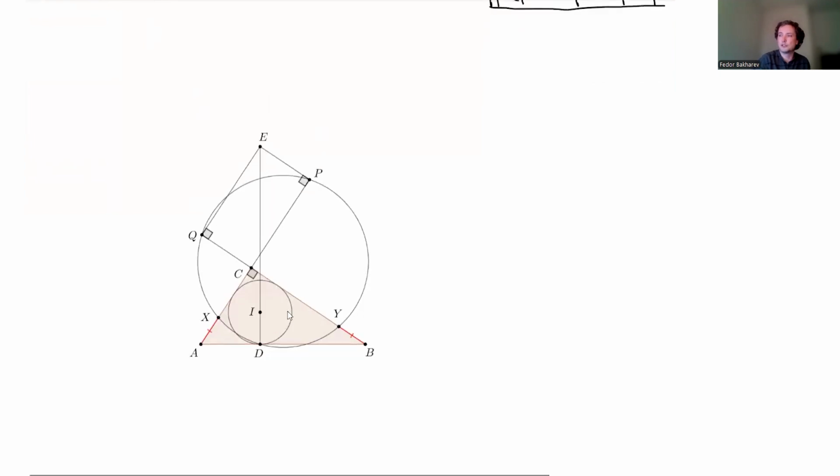We take the tangency point of the in circle and construct the point E such that the angle here is 45 degrees. And one of the main considerations, from my point of view, is that this means that the point I is the orthocenter